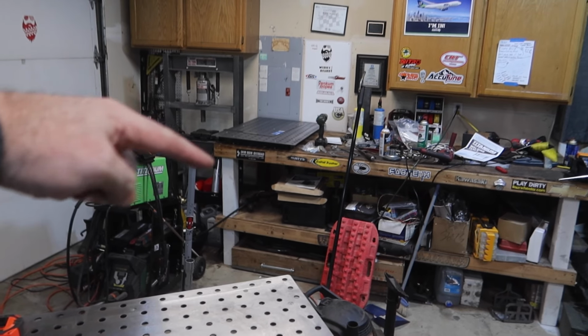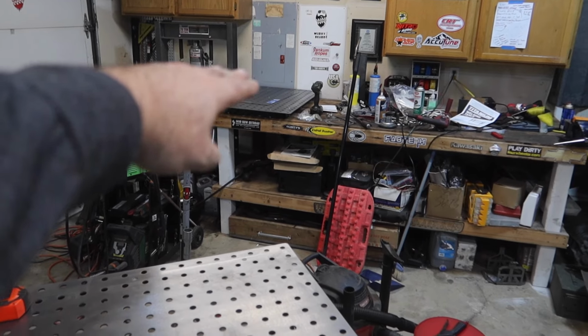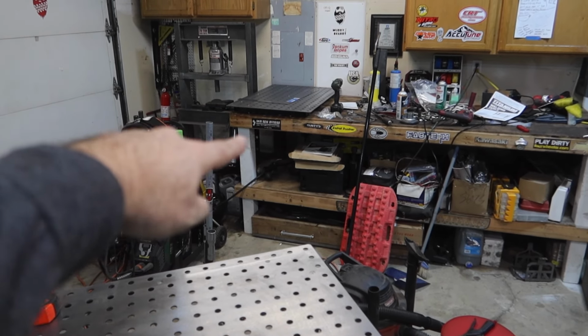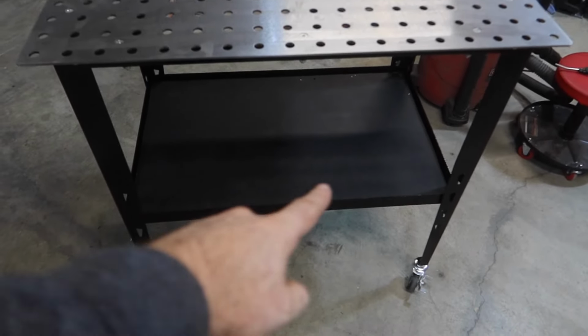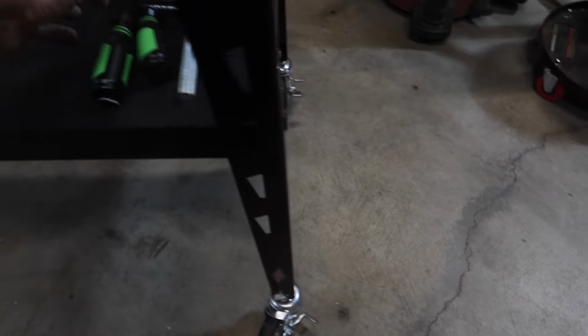And then I went ahead, and this is a chunk of my old workbench that was sitting over there that was bolted to this that stuck out that my welder was under. I took that off because I knew I was going to be trying to do something here. So I took that off, and it was sitting in the backyard. So I cut this chunk to fit in here, and then we're going to use this as a place to put our tools. So these guys I'll find a better way to do this. But all this stuff,